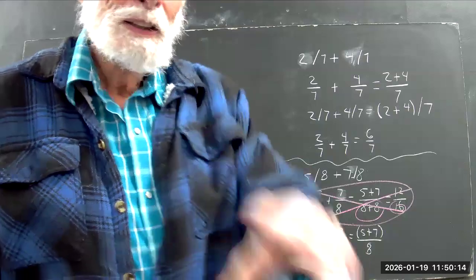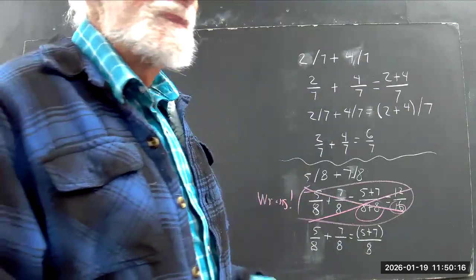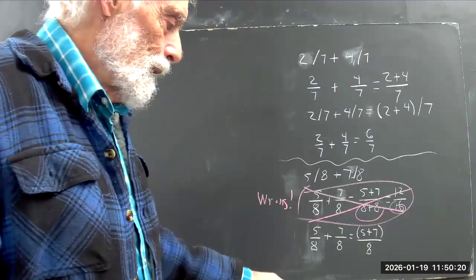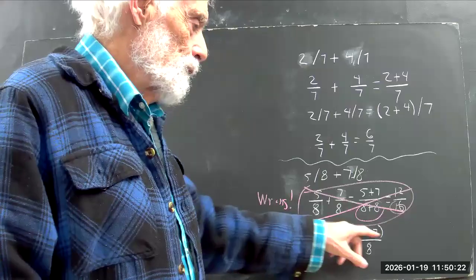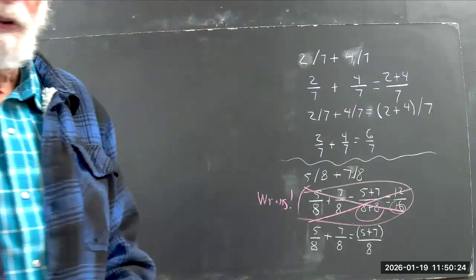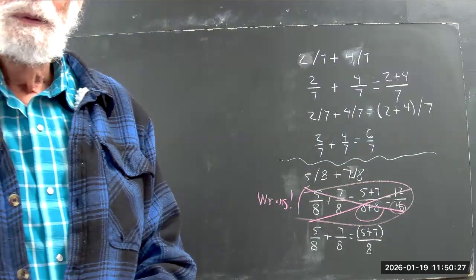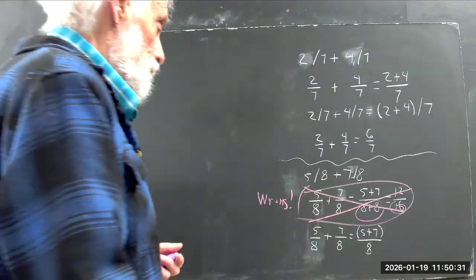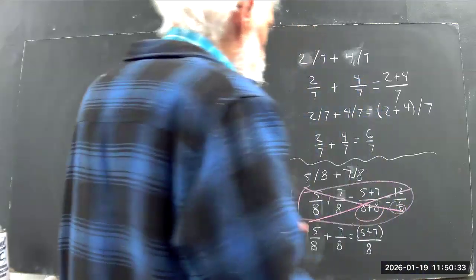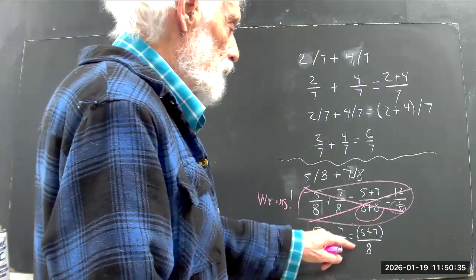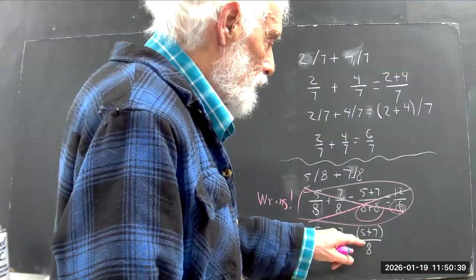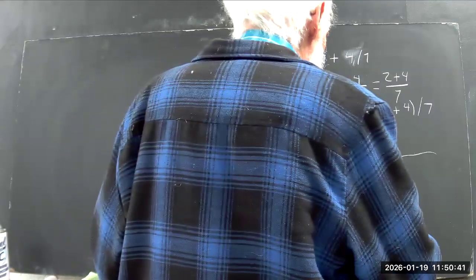You don't get the camera all messed up. For some reason, that's one of the ways this can be said, and this way I'll usually say it when I've got parentheses. You'll get used to that. It's easy. So 5/8 plus 7/8 equals quantity 5 plus 7, that quantity over 8, which is